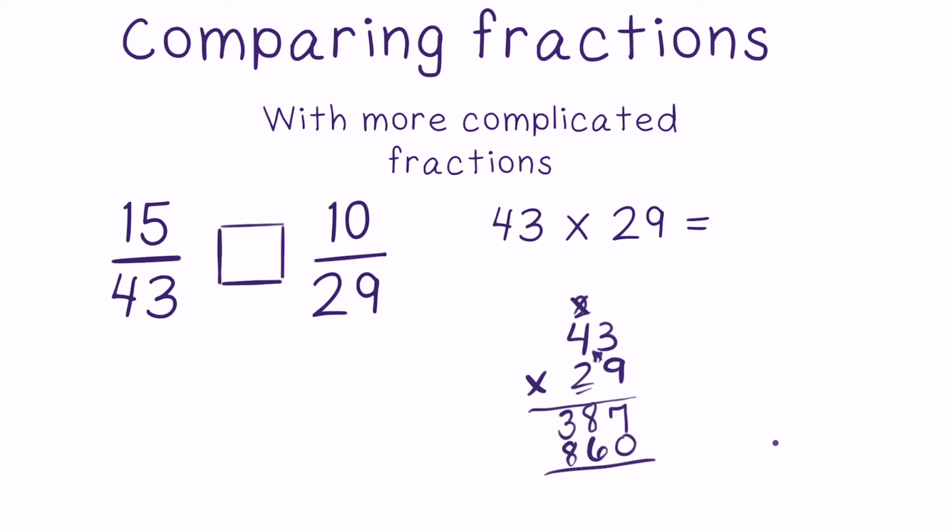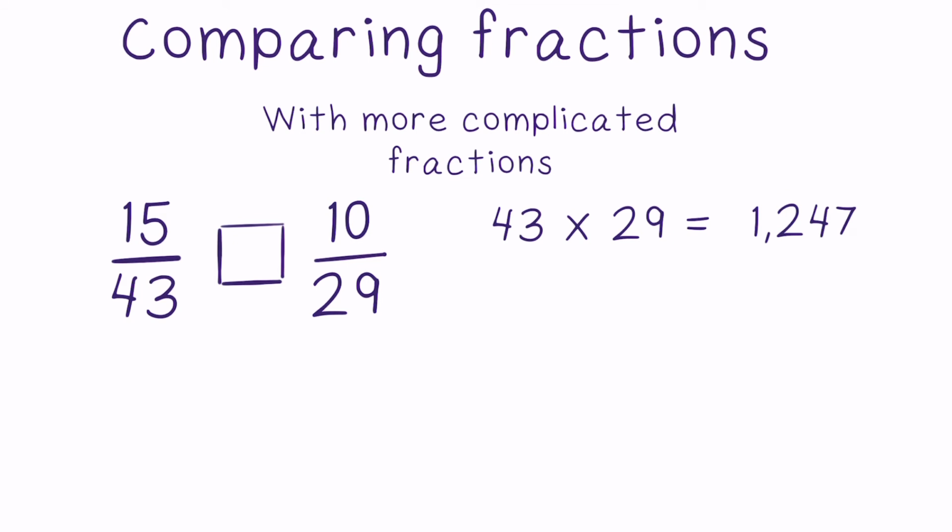Okay, adding up my two partial products here. 7 plus 0 is 7. 8 plus 6 is 14. Regroup that 1. 1 plus 3 is 4. 4 plus 8 is 12. So we have a product of 1,247. Now, 1,247 is really large for a denominator compared to what we've been working with so far, but this is going to be a way that we can